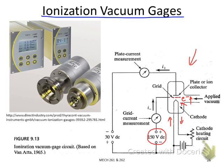And once the free electrons move through the chamber here, if there is a gas inside, the gas will be ionized by the free electrons. So you will have gas ions inside the vacuum. And these ions will also be accelerated by this electric voltage, so the ions will also form a movement. Finally, if you count the total current induced by the movement of these free electrons and those gas ions,